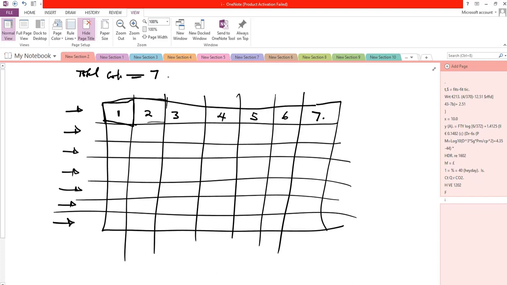The total number of columns is 7. Now, here we'll have how many rows? 1, 2, 3, 4, 5, 6, 7. So we also have 7 rows. So the total number of rows